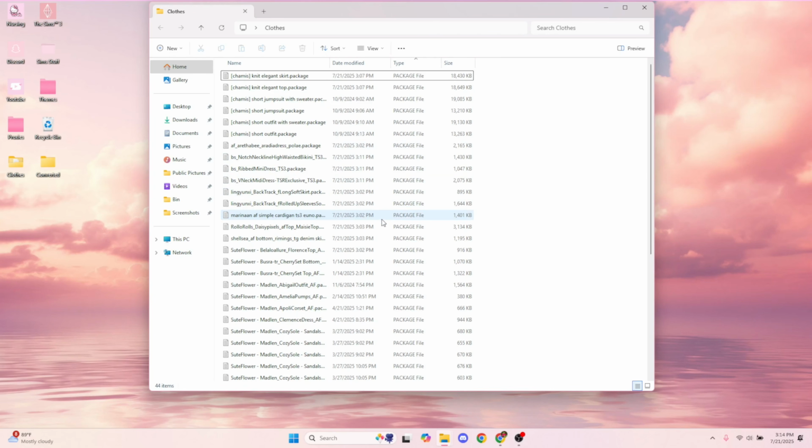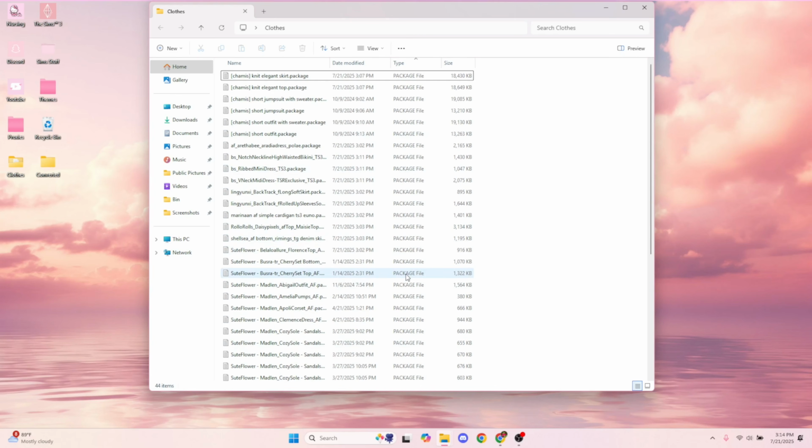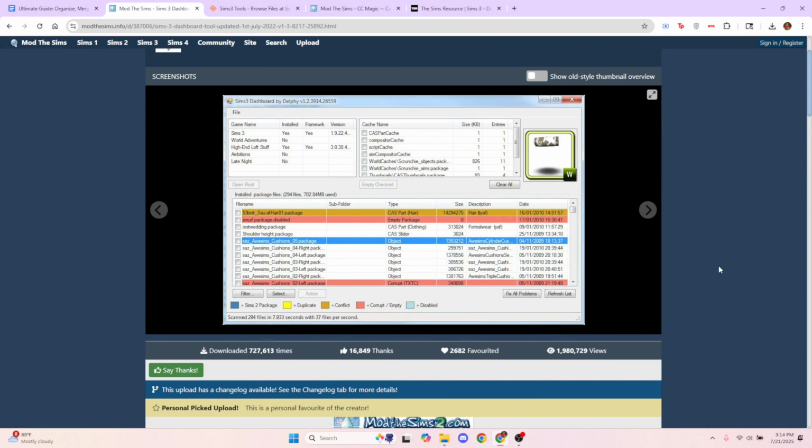And so that's the easy way to install or to put all your CC into one folder when you're downloading WinRAR files or extracted files, you know? And that is also how you convert things. So yes. Okay, now that we have all of our custom content and we have it converted properly and it's all in one thing,